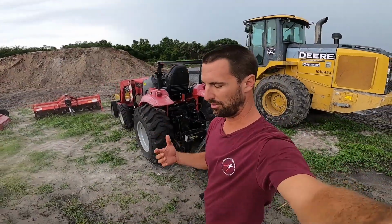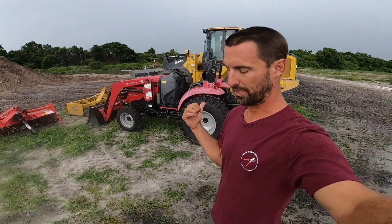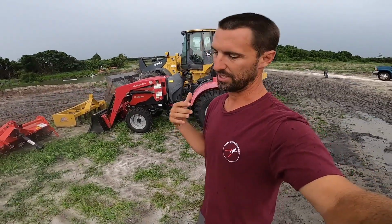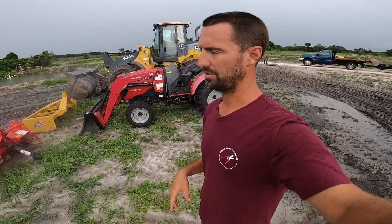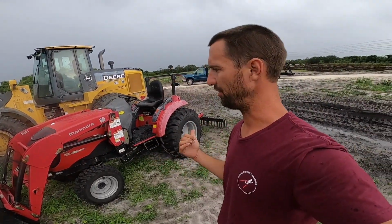So hopefully that gives you a little bit of a taste of what I chose my tractor for, why I chose this one, what size I have. I'm going to make another video about the implements just because I don't want the video to be too long. But let me know what you guys think about this. If you have any other questions about it,